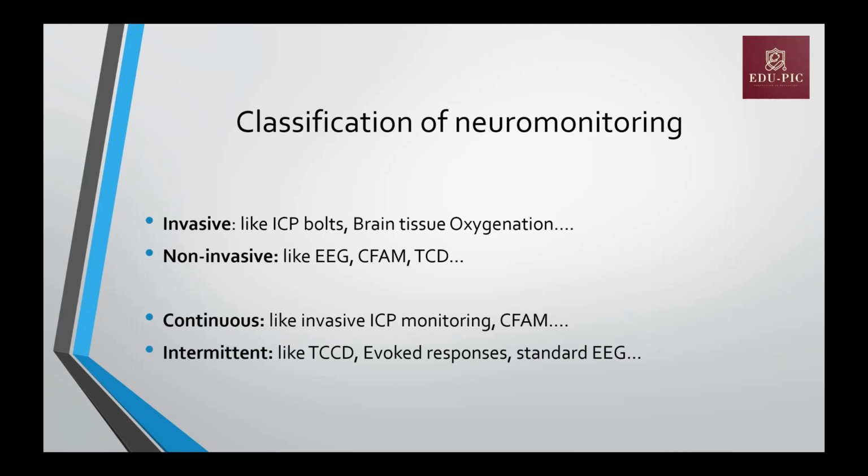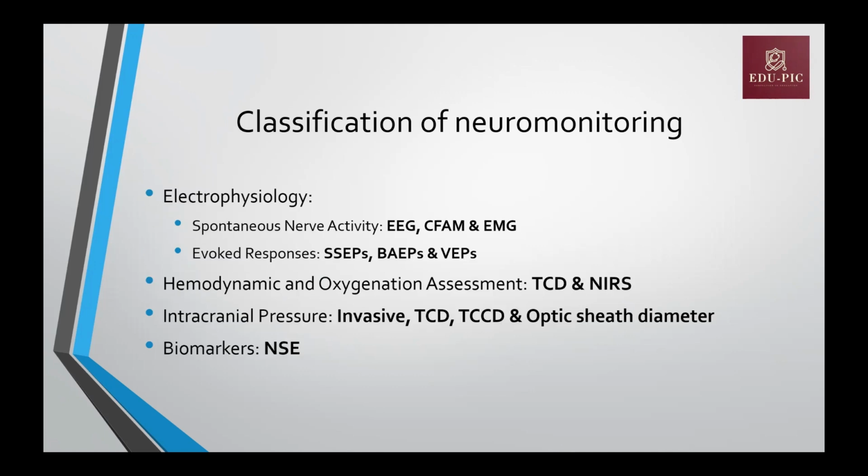And then we have a different way also to classify neuromonitoring. We have continuous neuromonitoring. Again, that can be ICP monitoring invasively or can be non-invasive like CFM. We have intermittent neuromonitoring modalities like transcranial colored Dopplers, evoked responses, and standard EEG. Okay. So if we go with the classification of neuromonitoring,